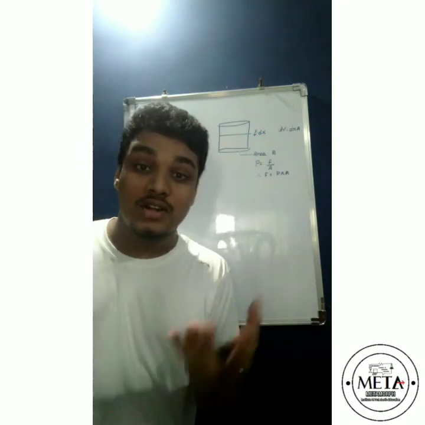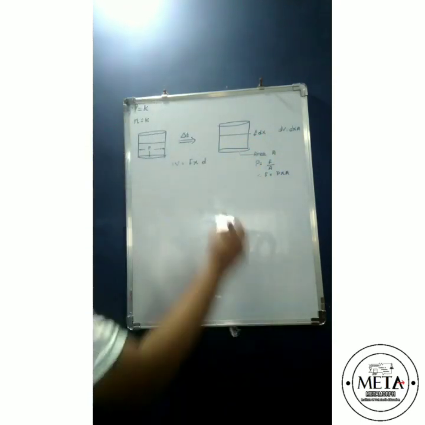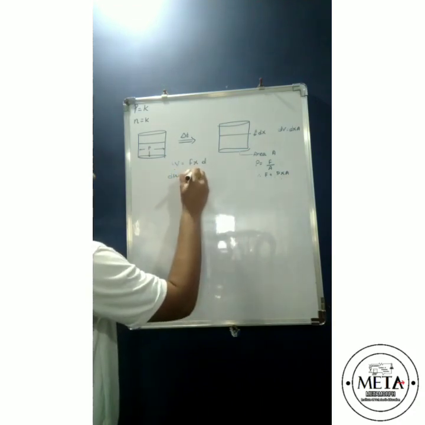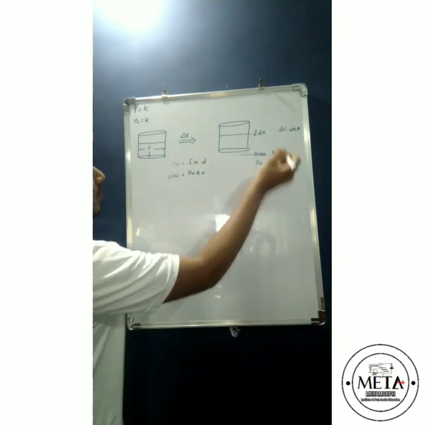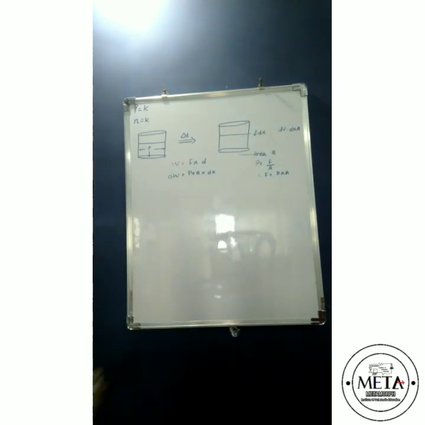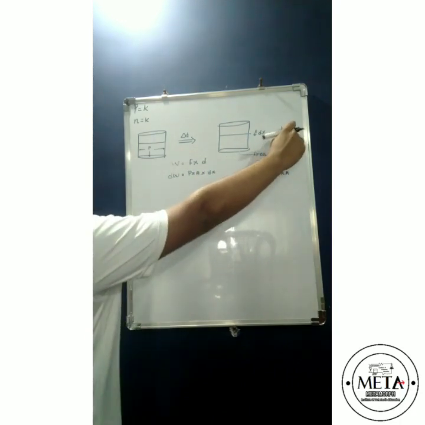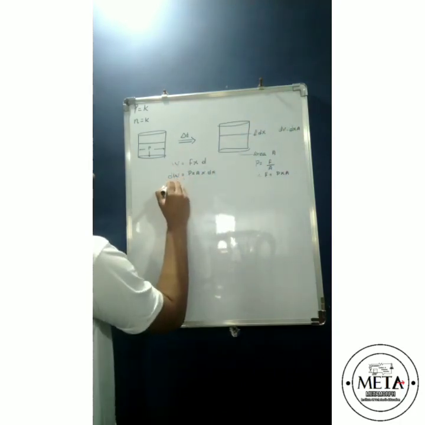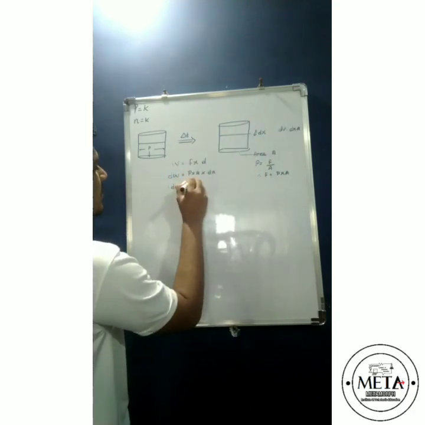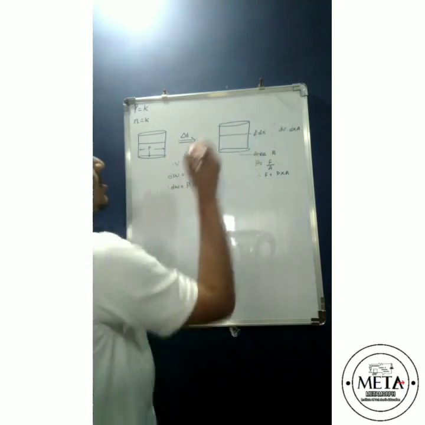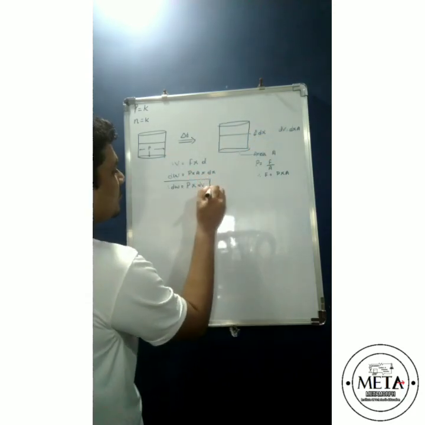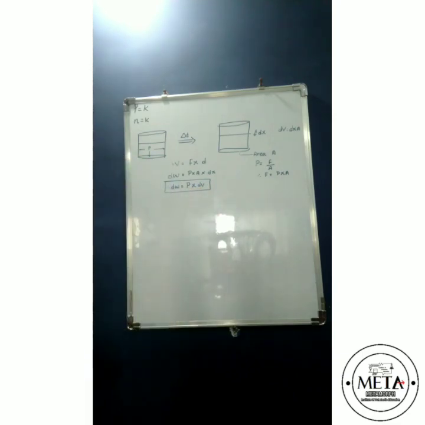So the amount of work done will also be very small. So we'll call it delta W. Delta W is equal to pressure into area into the distance increase, dx. What is the displacement that has happened? dx. We know that dx into area is dV. Therefore, dW, the amount of work done, is pressure (pressure will remain the same) into area into dx, which is dV. So this is the amount of work done in an isochoric process.